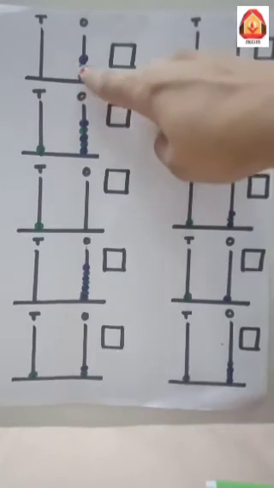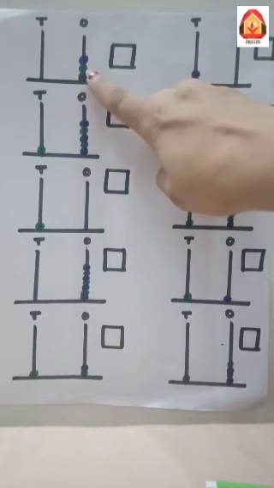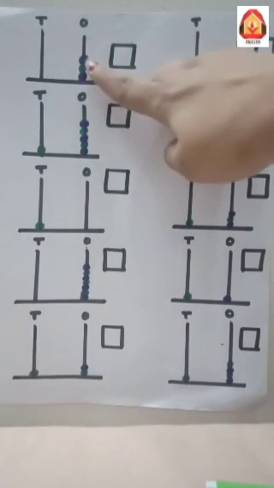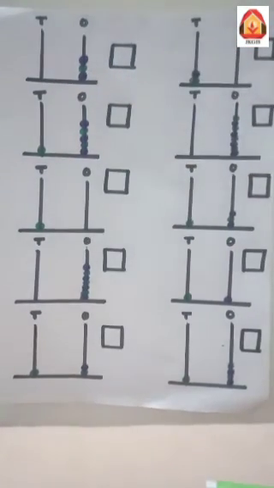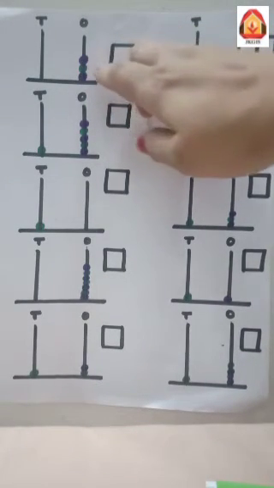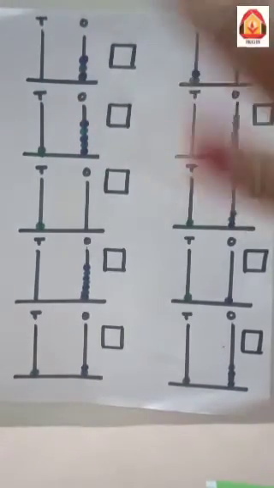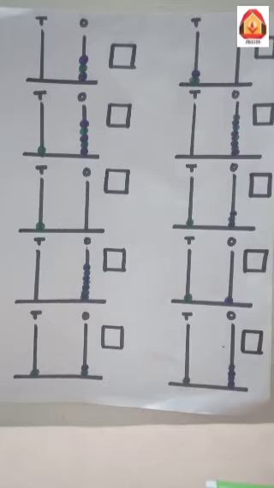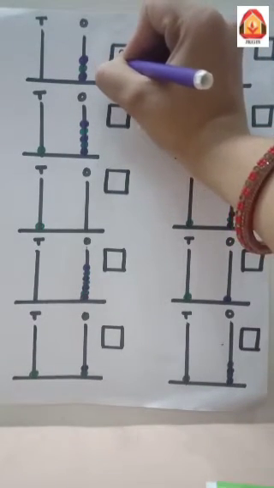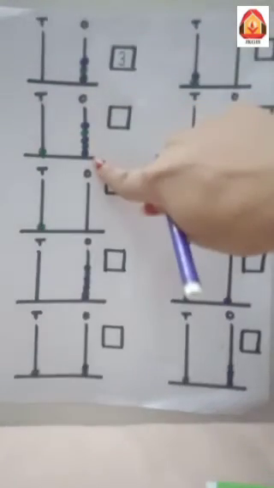So let us start counting beads. So let's count the beads which lie under ones place. 1, 2, 3. Kids, हमें जल्दी जल्दी काउंट नहीं करना है, हमें ध्यान से काउंट करना है ताकि हम काउंटिंग में मिस्टेक ना कर सकें. तो 1, 2, 3. 3 beads under ones place and in tens place there are no beads. Okay, so we will write the number 3 here. Only 3 ones.